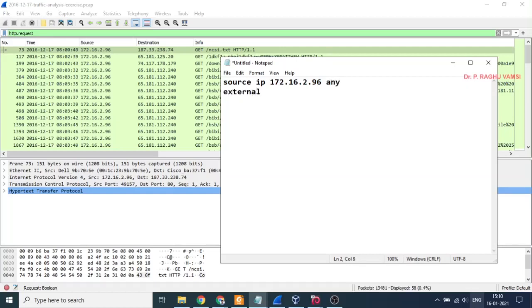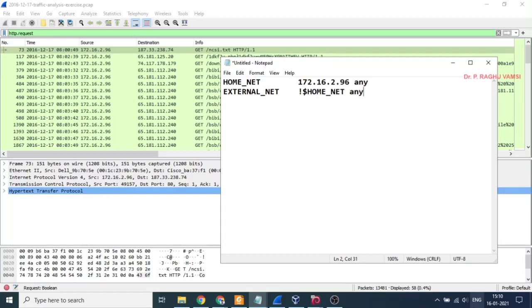External: this source IP is nothing but the internal IP, that is the home network, and the external network, you don't know what it is. The external network may not be the home network, so we can say external network is not the home network, and you don't know from which port the request is coming, so maybe any port.